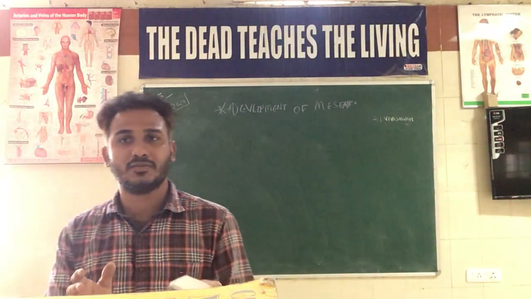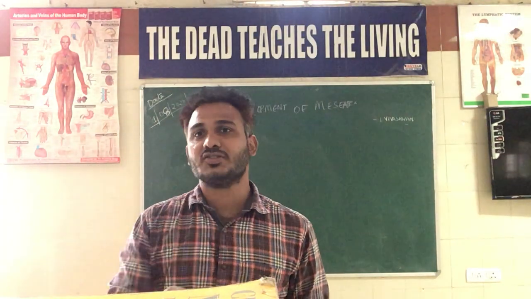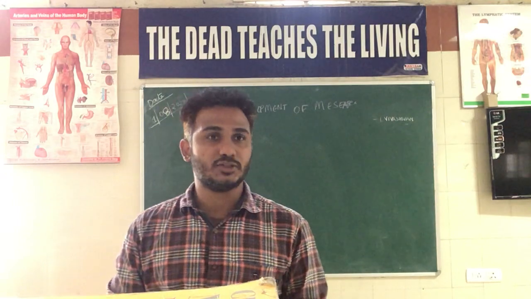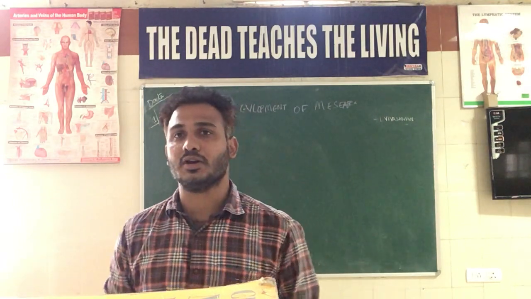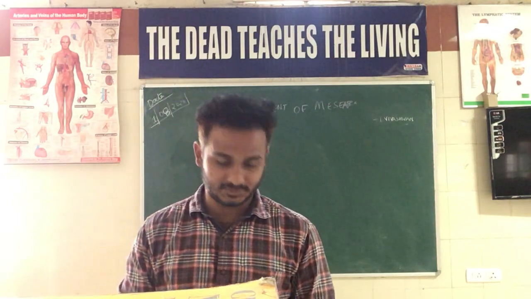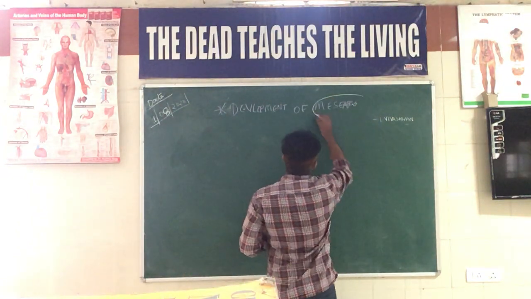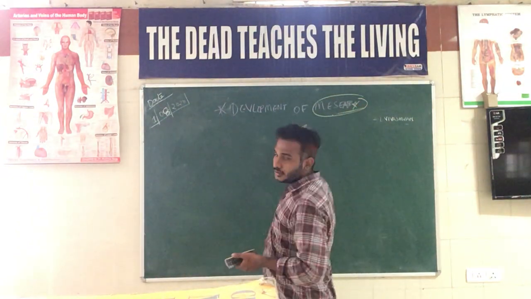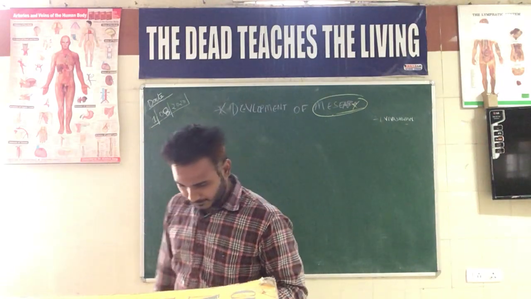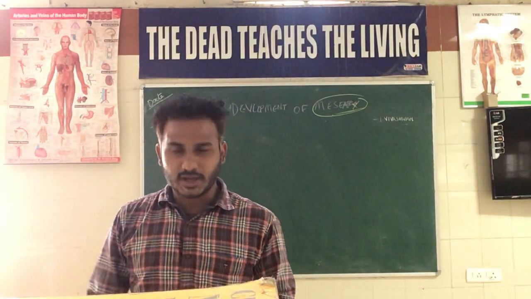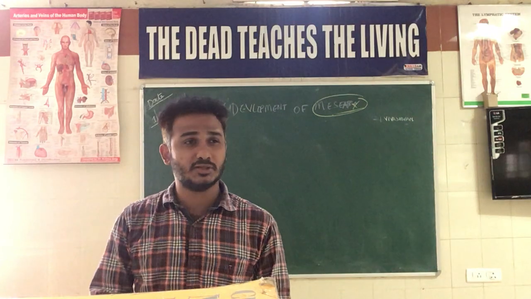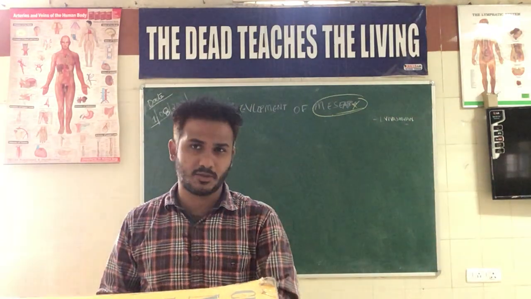To stabilize that, we need a structure, and this is achieved by a peritoneum surrounding the gut, which is called the mesentery. So mesentery has its own role. It helps not only in the rotation of the gut but also in its stabilization.